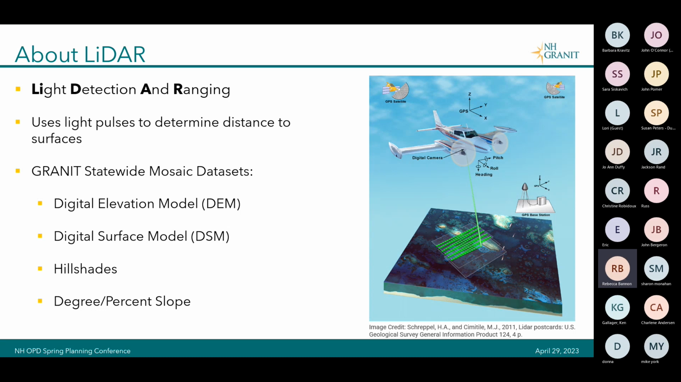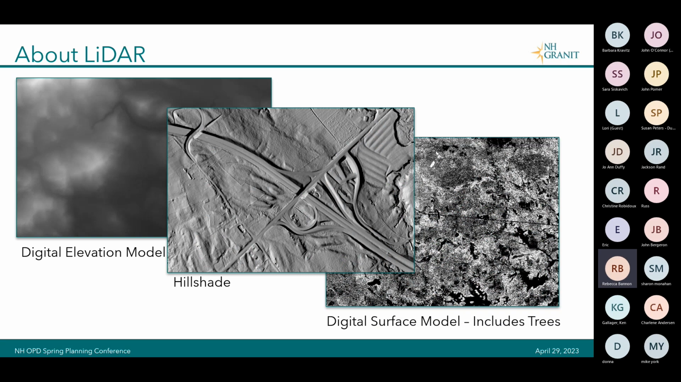Some examples of these include a digital elevation model. This would be the bare surface of the earth. There are digital surface models, which incorporate trees. There are hillshades and slope representations. Here are some examples of what these can look like. So a digital elevation model, a digital surface model. This looks grainy because it includes individual trees. And then there's a hillshade, which is meant to represent the data as if the light is shining across it